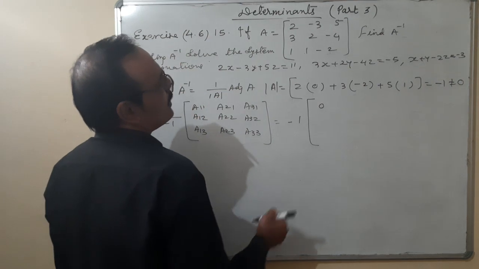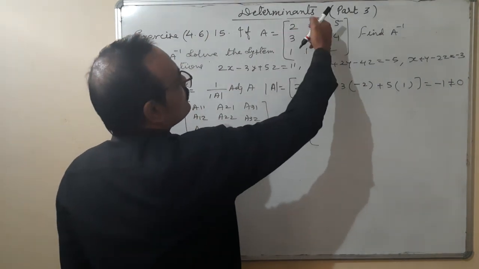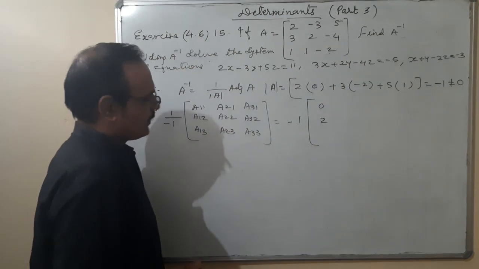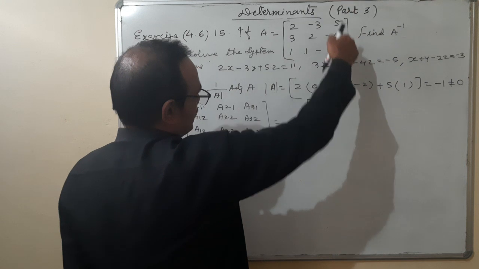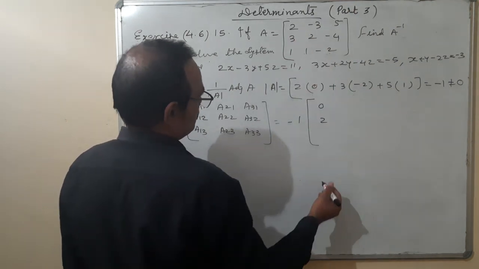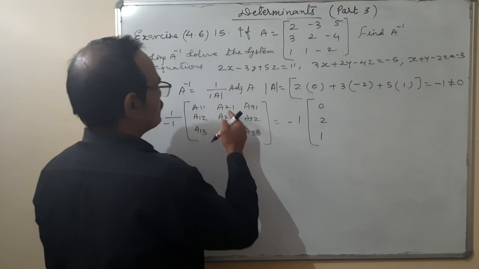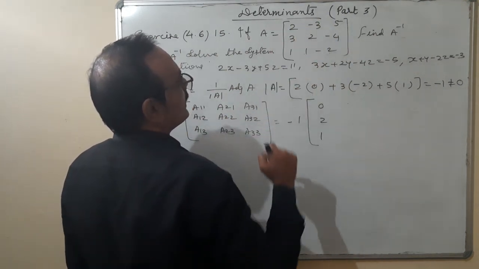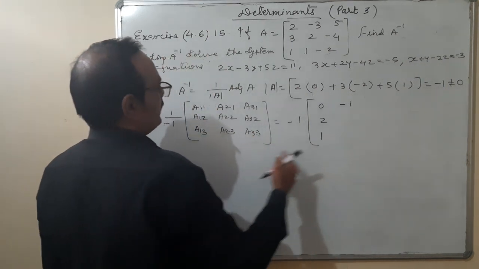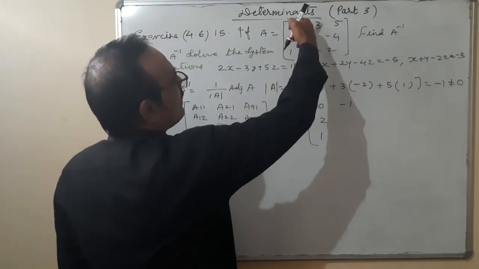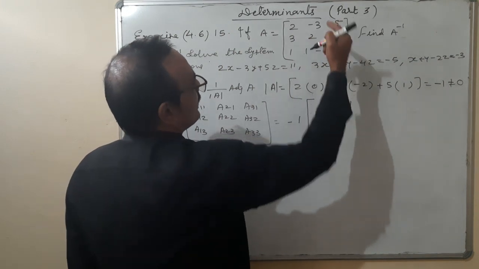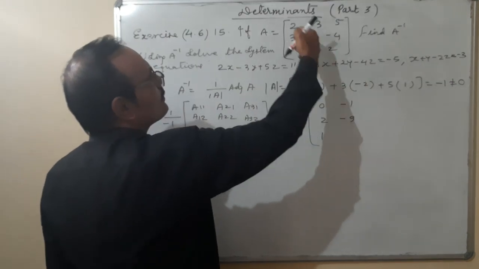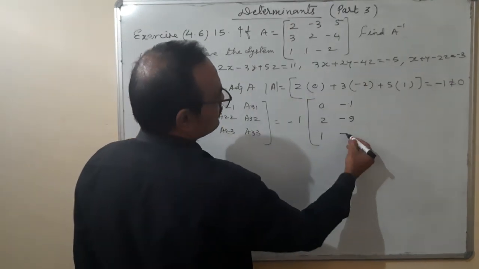It is 0. Here is 1, 2, first row, second column. Minus 6 plus 4, minus 2, that means it is plus 2. 1, 3, first row, third column. 3 minus 2, 1. It is 2, 1, second row, first column. 6 minus 5, 1, minus 1. Here is 2, 2, second row, second column. Minus 4 minus 5, minus 9. And that is 2, 3, second row, third column. 2 plus 3, 5, minus 5.